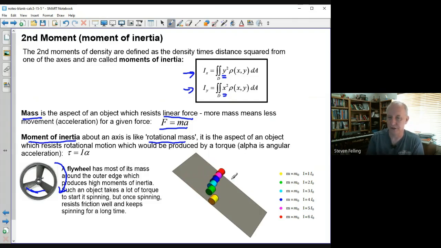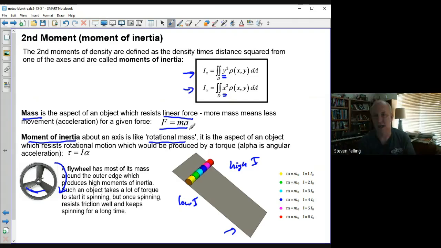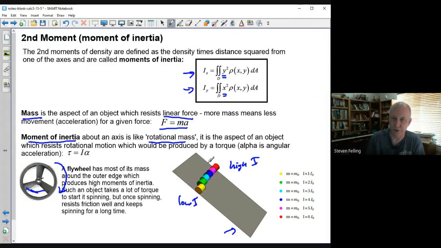So like on these discs that are being animated here, this disc here, the yellow disc, has a low moment of inertia because it doesn't take very much force to get it to roll very quickly, right? On this edge, we have things that have high moment of inertia, and it takes quite a bit of force to get them rolling, so they resist rotational motion. So the computation for that is whichever axis you're rotating around, you take the distance squared from that axis times the density and sum that over the entire